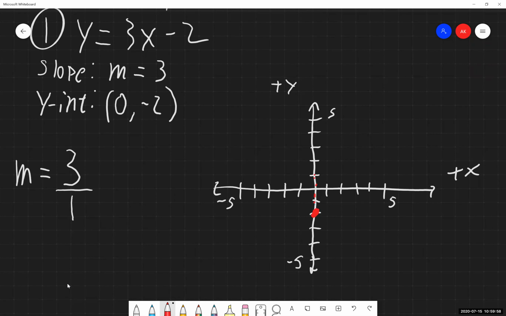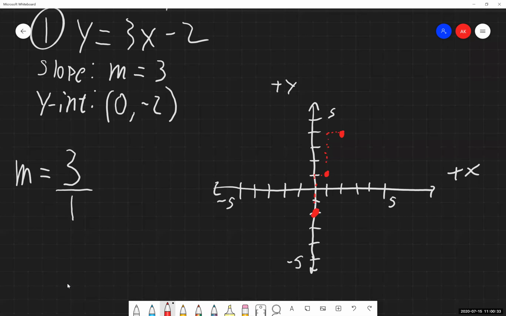Going up by 3. 1, 2, 3. And then what's my run? What's my change in x? I'm going over by 1. And my new point is going to be right here. I'm going up by 3. 1, 2, 3. And then over by 1 to here. So I'm giving you some extra points, but just showing you how you would progress from one point to the next to the next. Now, that's moving in the positive direction.